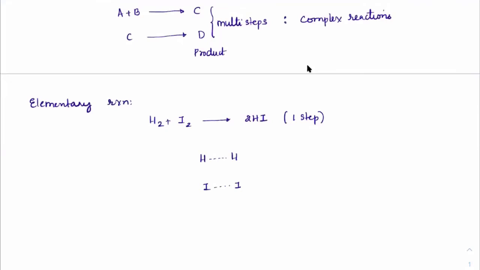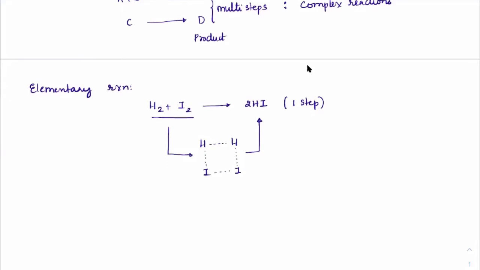H-H bond is breaking, I-I bond is breaking, and HI bond is forming, and another HI bond is forming, correct? Which means this reaction goes through this phase before it forms 2 moles of products. Everyone, this dotted line represents the process. Like H2 and I2, there is a bond breaking process here and a bond making process here. Got it? So this procedure through which it forms a product is called the transition state.